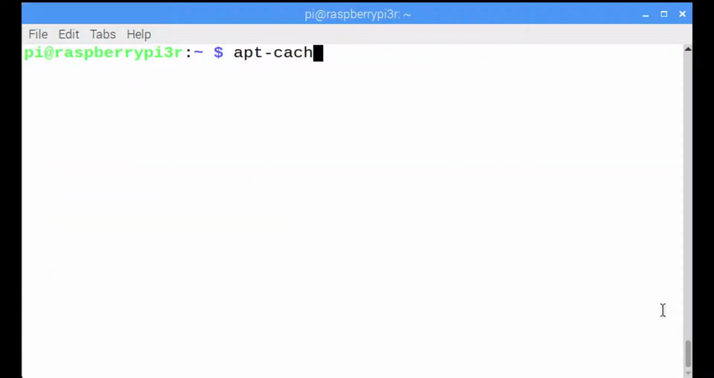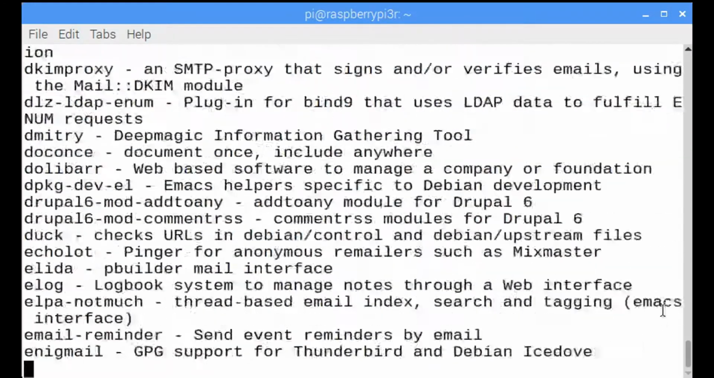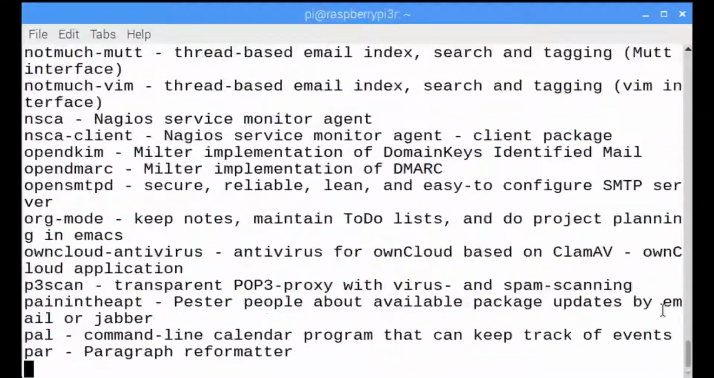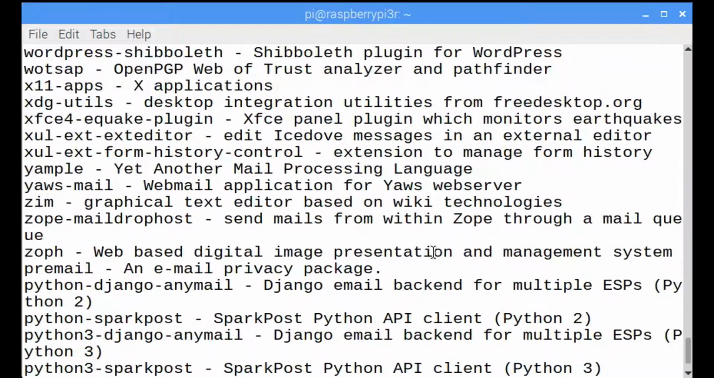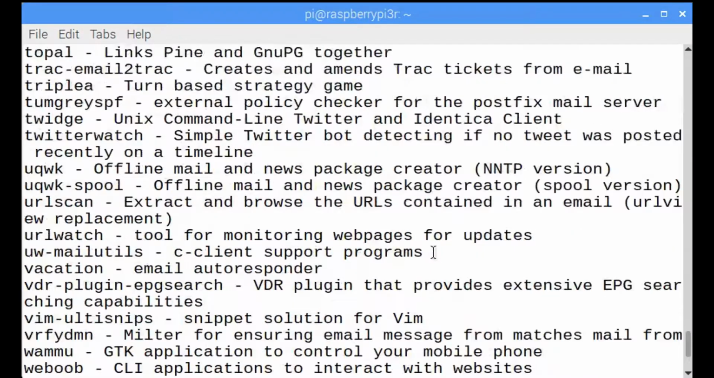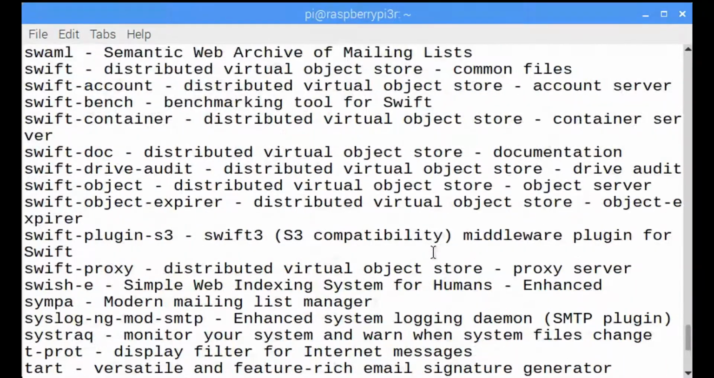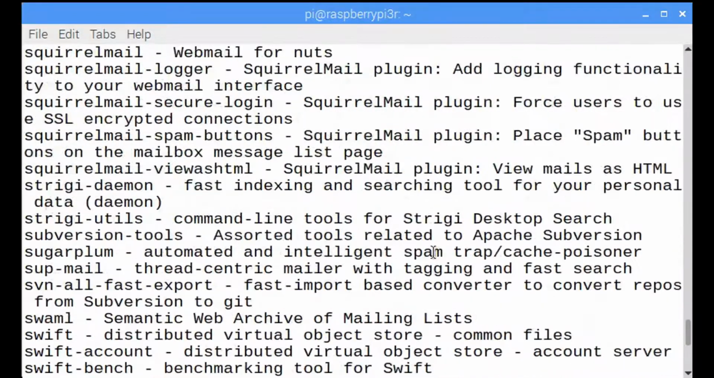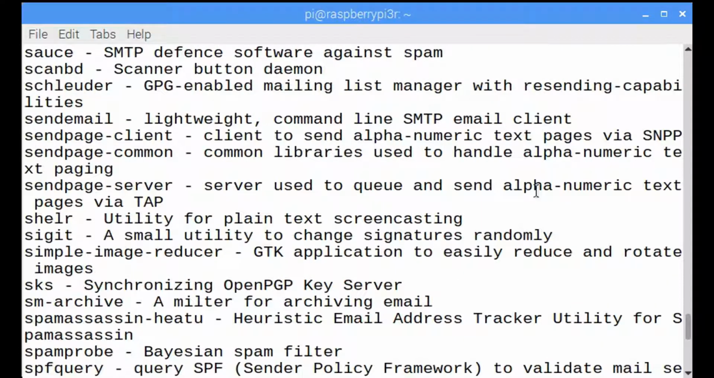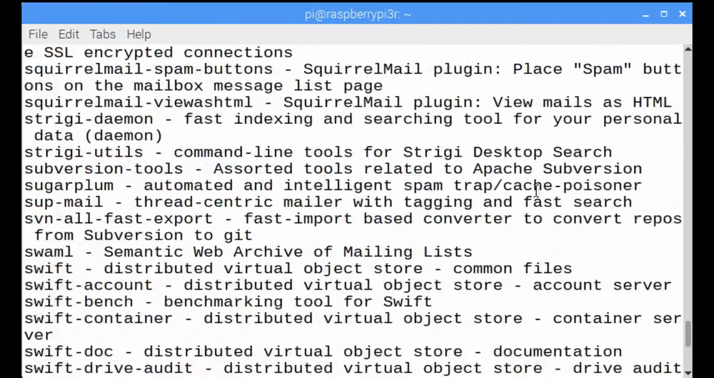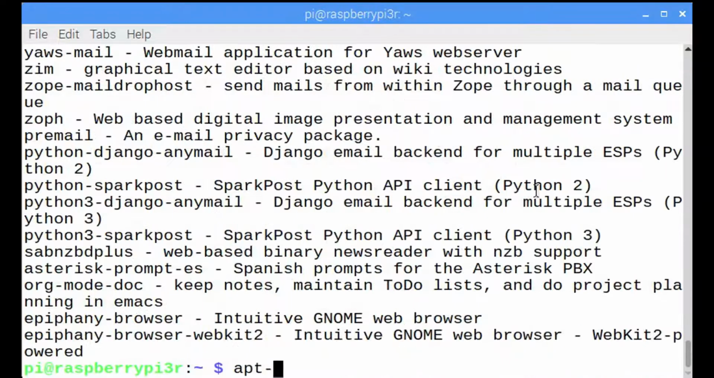Let's say that I want to look for email. I'll enter apt-cache search email. And I want to find sendmail. So I'll do apt-cache depends sendmail. And then I'll install this